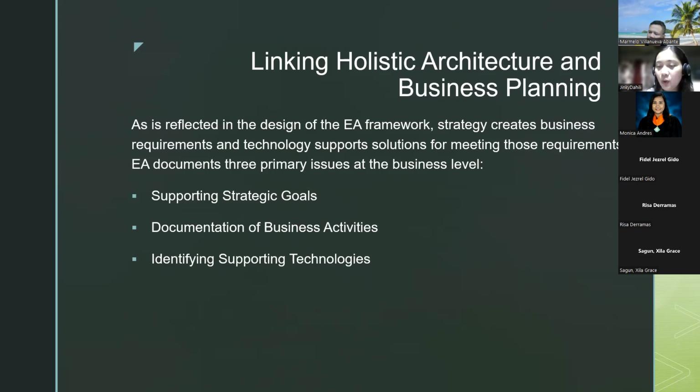Supporting strategic goals: touch points between strategic initiatives and business activities need to be clearly documented. Not all business activities are strategic.